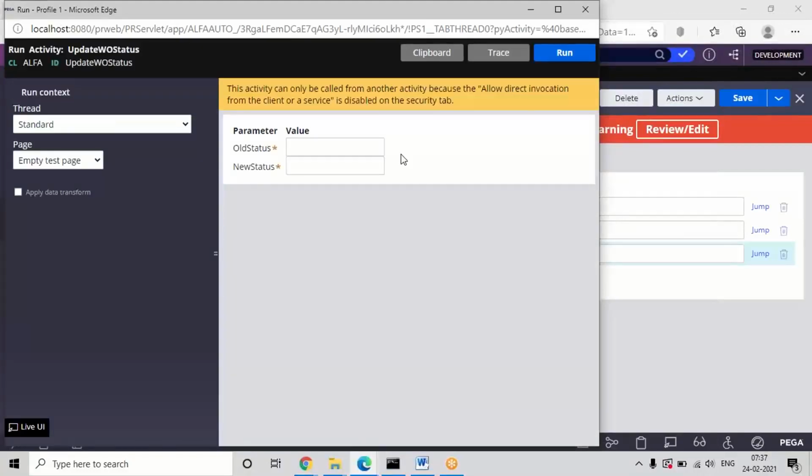I told you that I'll be verifying the status with pending customer info, but you can verify with any other status also. So I'm giving the exact value. Status is case sensitive, so give the correct value according to your application. In my system, this is the format given. And coming to the new status, I'll at least change a few characters. I'm giving it as new customer info. So if I give the new value and click on run, whatever records have this old status will all be updated with the new status value. Let's see whether it is working or not. Click on run.